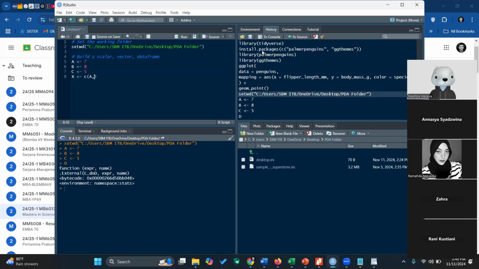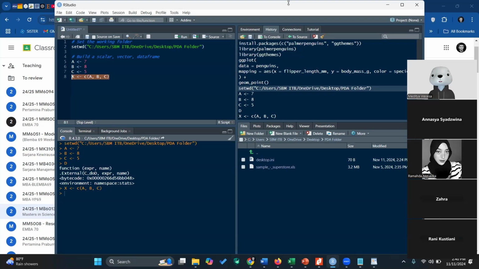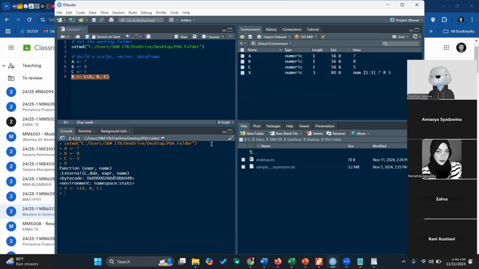X, I combine scalar A, B, and C. So I make a new vector with the values 7, 8, and 5, in which A is 7, B is 8, C is 5, combined.